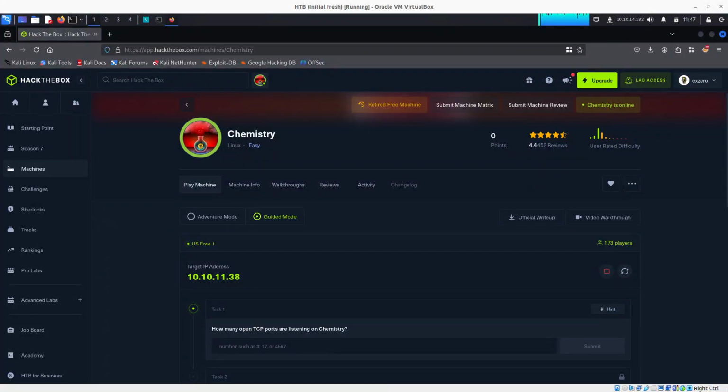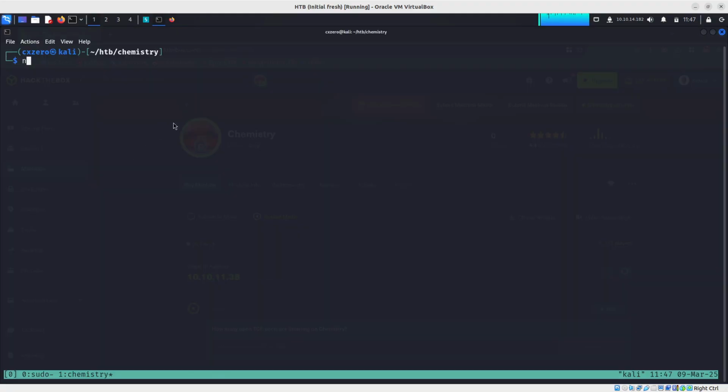Hello everybody. Well, we are going to do Chemistry from HackTheBox, which is a really interesting machine which involves two CVEs that were rebuilt last year. So let's start. The first thing will be to do an Nmap scan, search for TCP ports, versions,